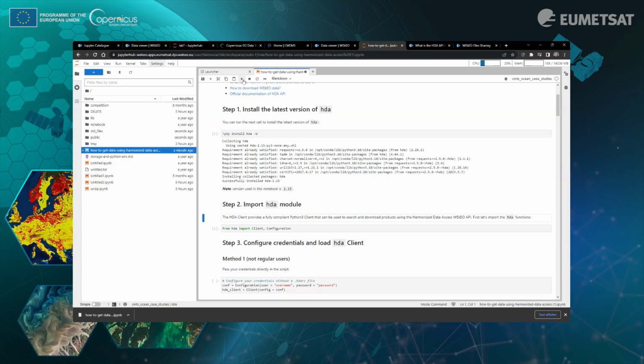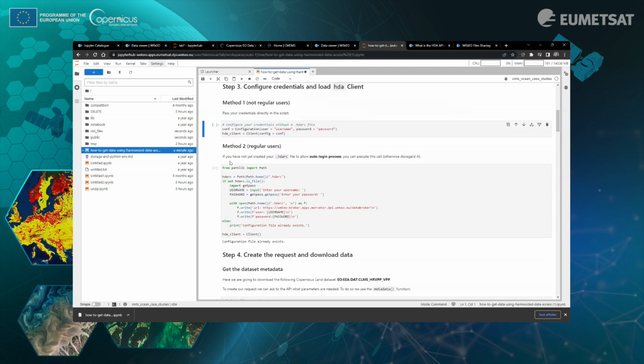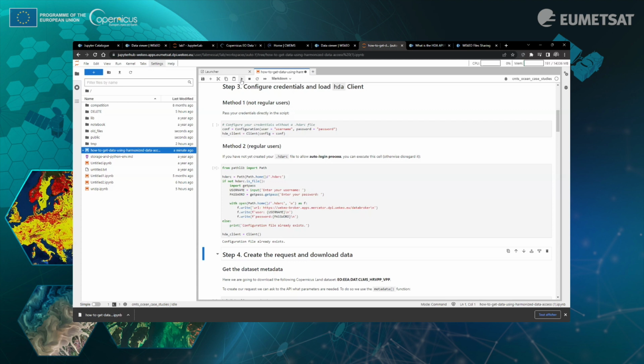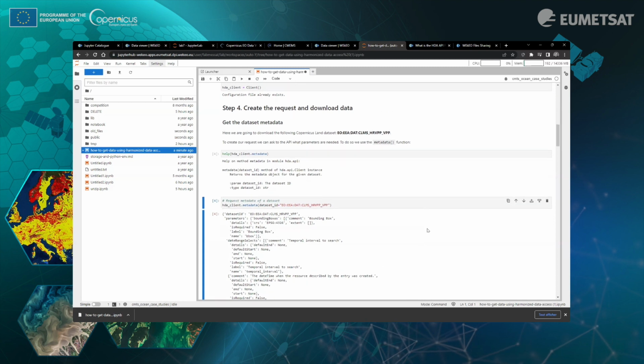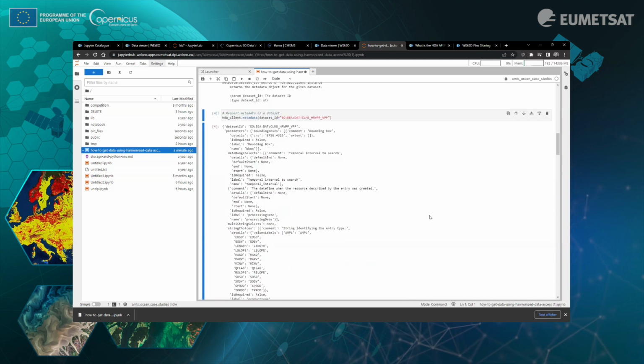So let's continue. Okay, now I already configured my login and password. This is very simple. You will see I directly take the program from the help center. So now I need to provide some information about the products and the dataset ID.